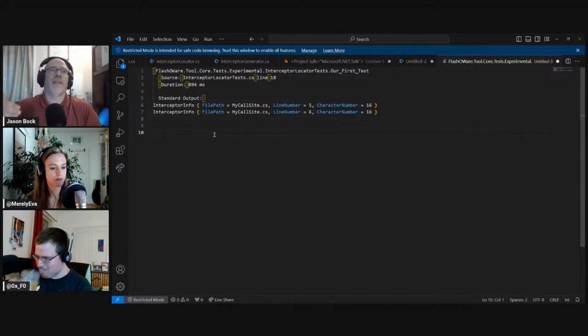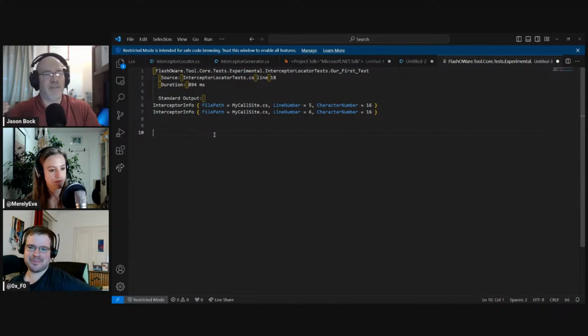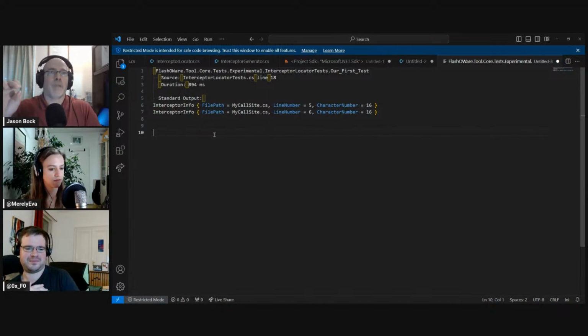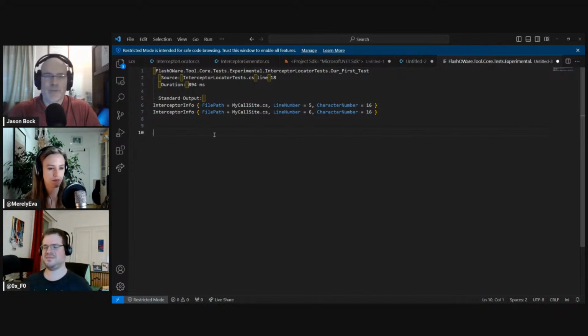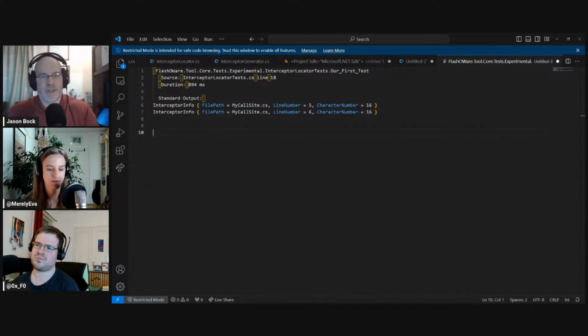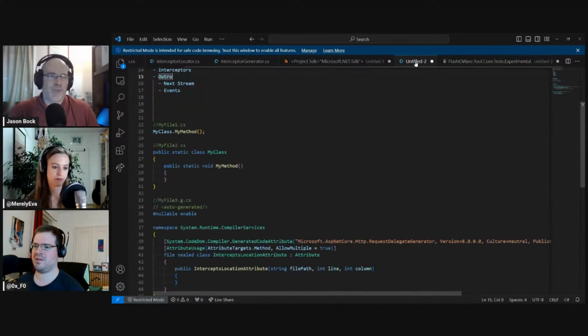Again, the thing that I'm going to be interested to see as this evolves, which I don't know if we're actually going to get to in this episode, but in future ones, is, okay, you can do this in code, but trying to find these when it's actually been run on a code base might be a little bit more interesting, because that source generated code is typically by default not part of a project. If that makes sense. But again, you've got to take one step at a time.